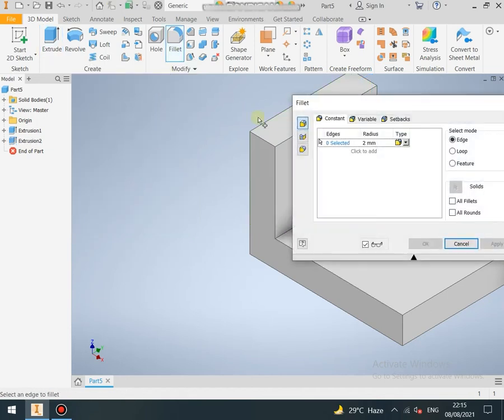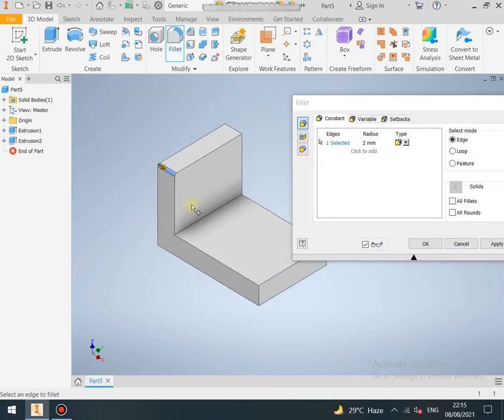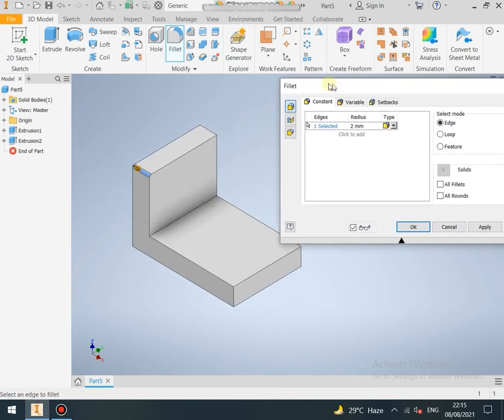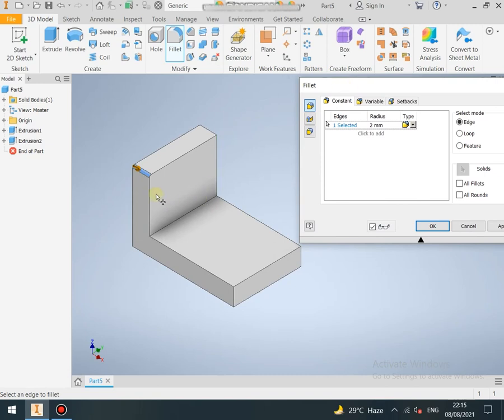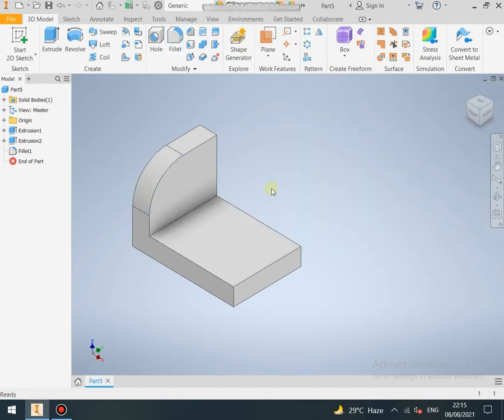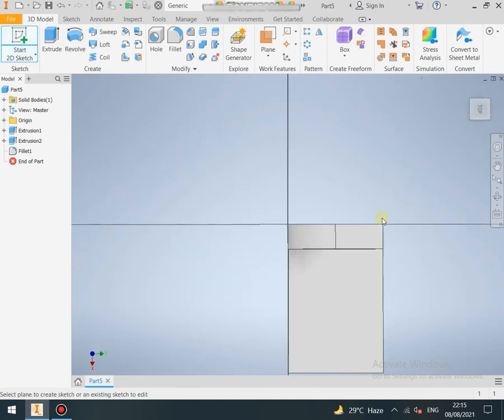Now you can see on the sketch we will require the radius, so I selected the fillet button. Here is the input box for the radius, simply enter the value and you will give the fillet radius. Click the OK button, and now make another sketch.